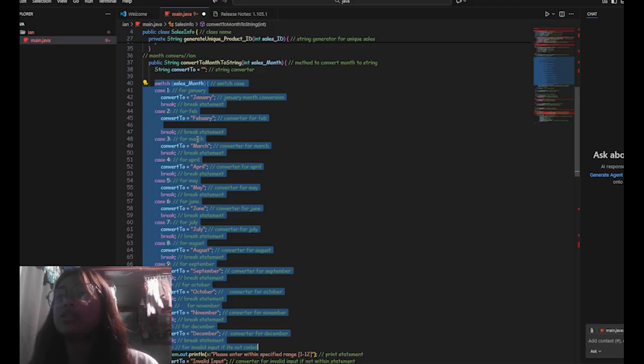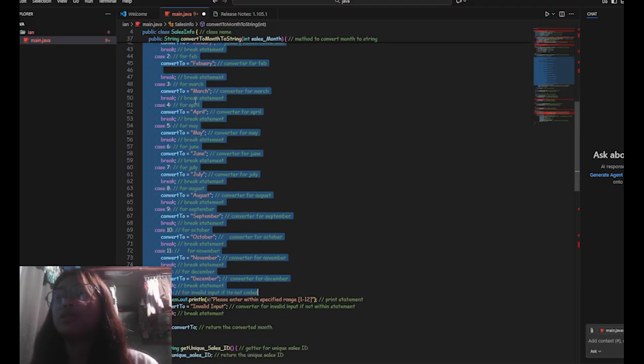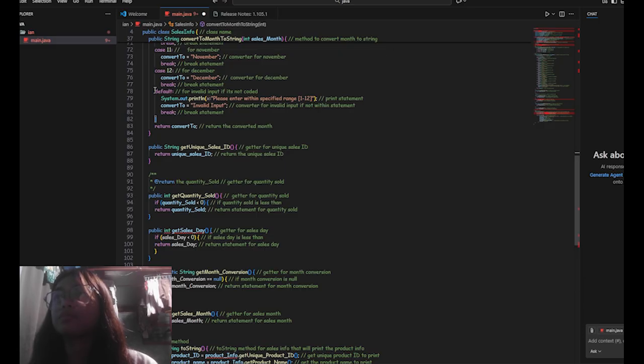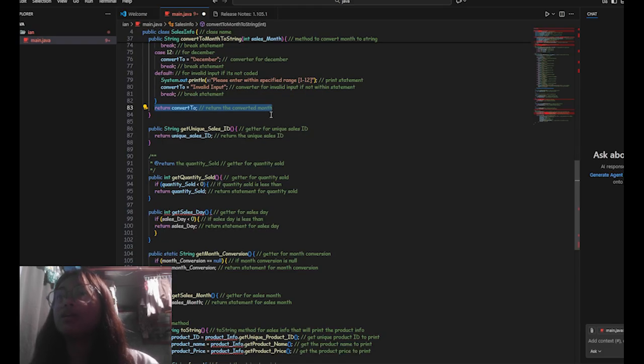This switch statement decides which month name to use. This is for case number 1, case number 2, case number 3, case number 4, case number 5, 6 to 12. This handles the invalid inputs, which prints an error message and says invalid input if the month is wrong. If the month is wrong, the switch exits and returns the final month.